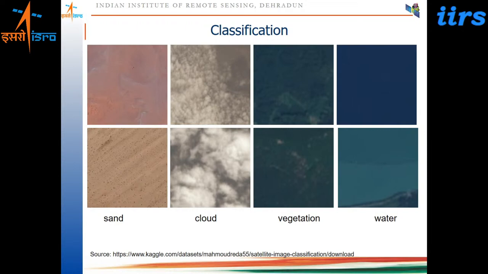So in this case, the data set is your image input, and the output will simply be a tag telling which category this image belongs to. So that's one way of doing the classification of your satellite image, where the whole image itself is being categorized